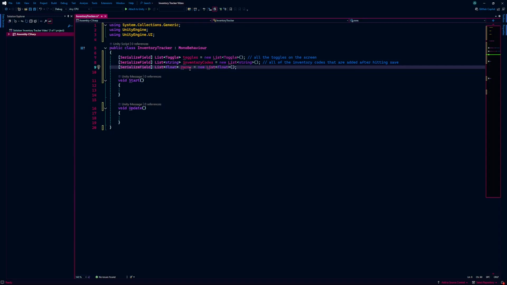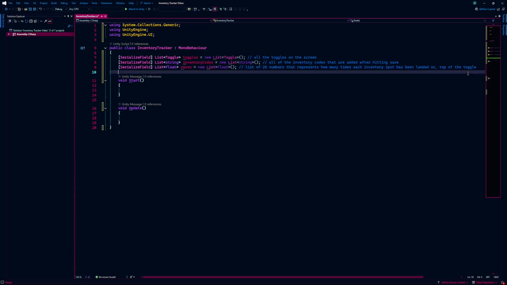of floats. And you might be wondering why I'm using floats to represent whole numbers. This actually comes into play later. I made the mistake last time where I was trying to divide two integers together and turn it into a percent, and it was completely throwing off my math. It stumped me for a while. So I'm just going to be using floats, and then I'll use a comment. All right. And I'm just leaving this here top of the toggle to denote which number it is in case